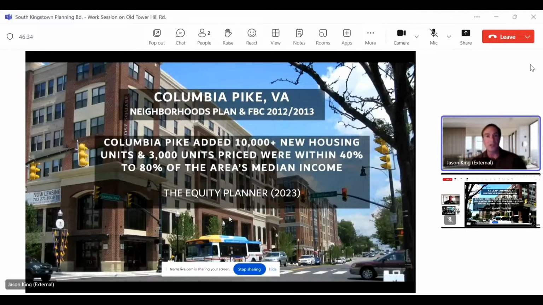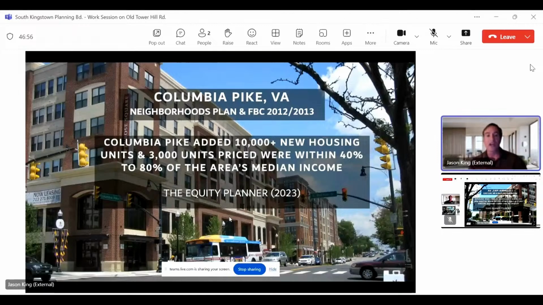That's another thing we didn't do. So you're giving the development community new rights. You're increasing property values. There's no way around it. So the question is, how much do you ask of them? In Columbia Pike, Virginia, a very, very hot market, this is the road that leads to the Capitol building, they were able to ask a lot.